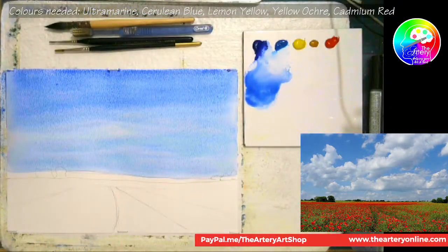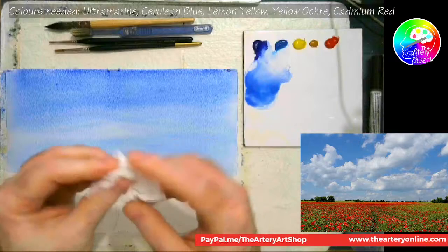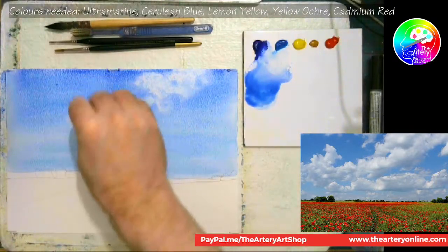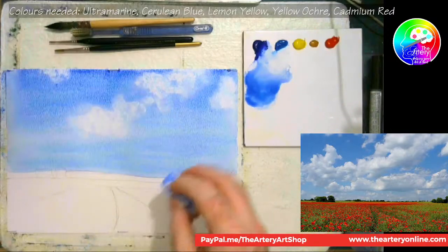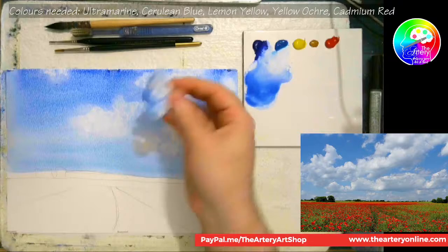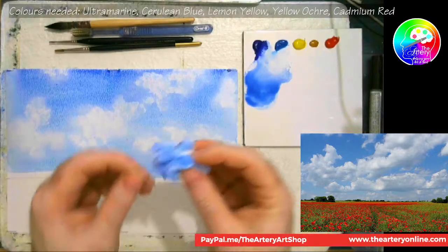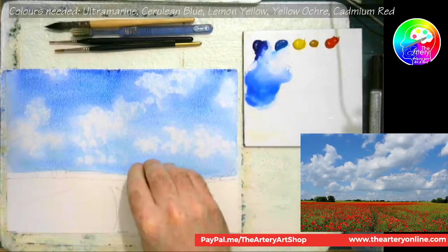Let me go in. Let me take up a bit of kitchen roll before it dries. Scrunch it nicely. I'm going to scrunch it, undo it, and scrunch it so it's random. 30% lighter, absolutely. Now your clouds don't have to match these clouds. As long as you've got clouds, who's worried, eh? The wind could have changed direction. But what I'm doing is I'm twisting my wrist like I've got a lovely bunch of coconuts. And then I'm going to tweak it a little bit so I've got some thinner